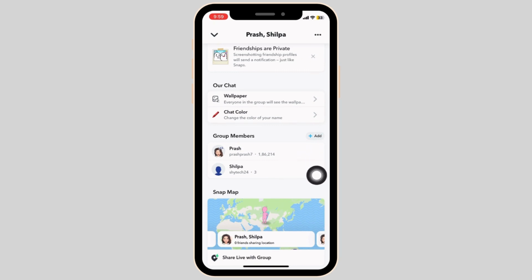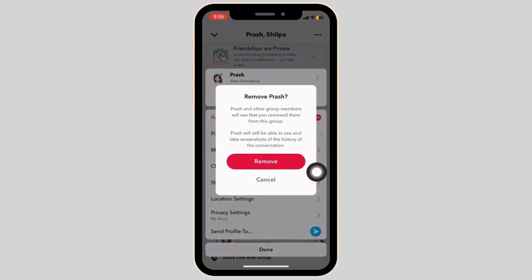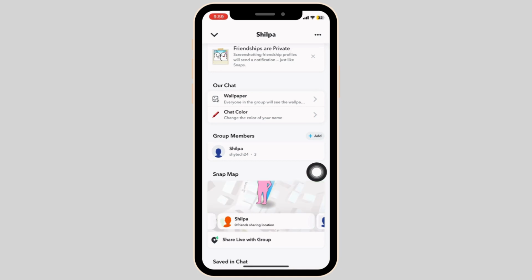From here, you can choose the group member that you would like to remove. For that, simply tap on the group member's name and select Remove from Group. Simply tap Remove. If you are unable to remove someone from the group chat, it might be because you did